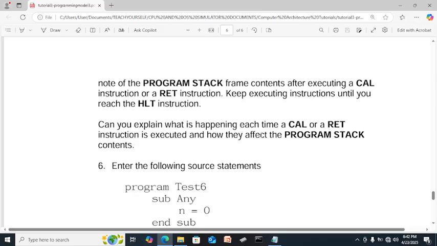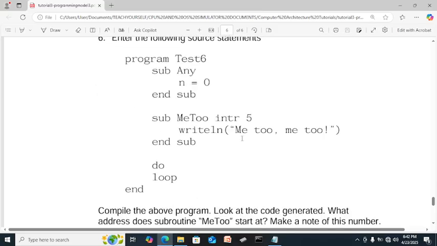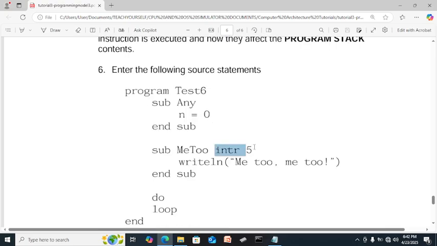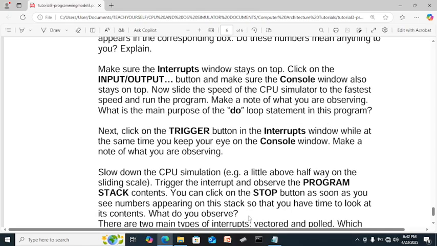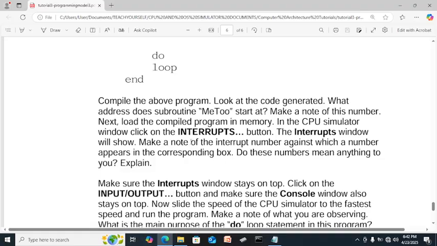You can push, you can pop. If you know what's happening with the time call, we explained already. Okay, so now here we are going to run an interrupt 5. So it will do the looping, and we are going to trigger this interrupt, and we are done. Okay, so from here we will follow the instruction.